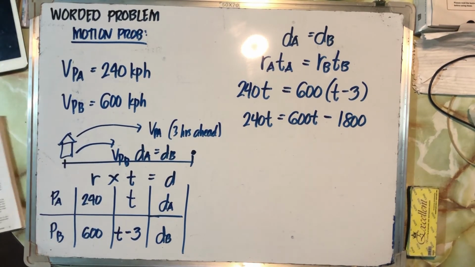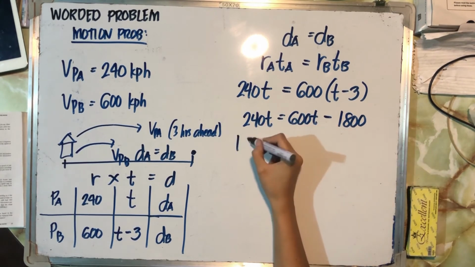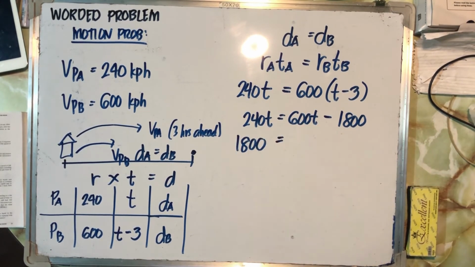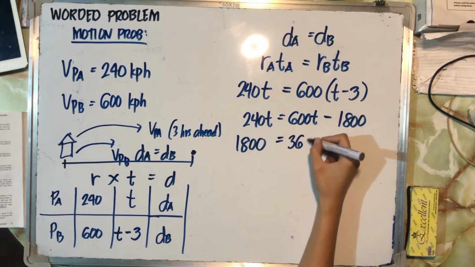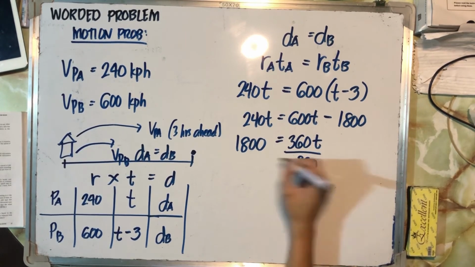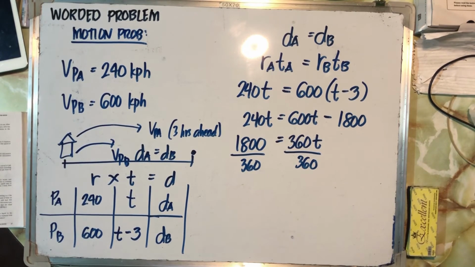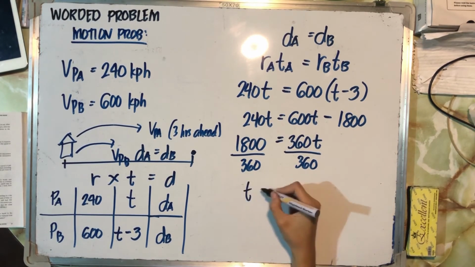Okay? So, ilan to ngayon? Pagsamahin natin. Ito is 1,800. And we have 600 minus 240 is 360T. Dividing both sides now by 360. Okay, that will give us how much? 1,800 divided by 360, time is equal to